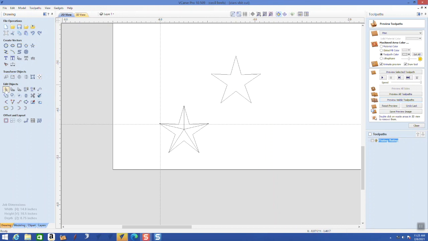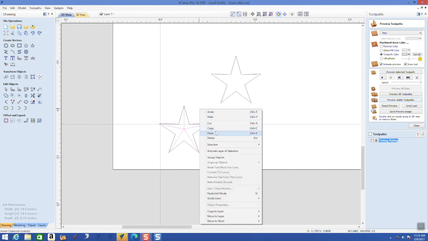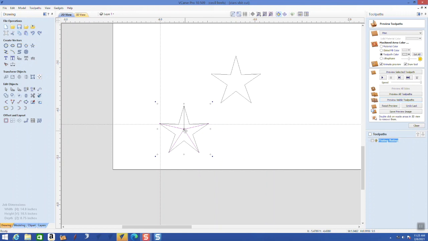Now, let's take that and transmit that everywhere. Well, I got to go back and get my regular selection tool, highlight this, and say copy, and then paste. Now it's sitting on top of the other one, so I need to grab it and move it over here. And I want to put it right in the center like that and release it. Now what I'm going to do, click here, and I'm going to get rid of these original stars. Delete,